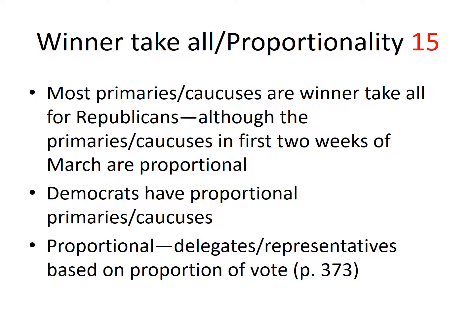So let's say you have three candidates and it's really evenly divided, and the one that got 34% as opposed to 33% gets them all. And so that system really narrows down the candidates pretty quickly and can wrap up the system pretty quickly too. Proportionality tends to keep candidates that are not necessarily winning in the race. And that's the difference that you can see there between winner-take-all and proportionality.